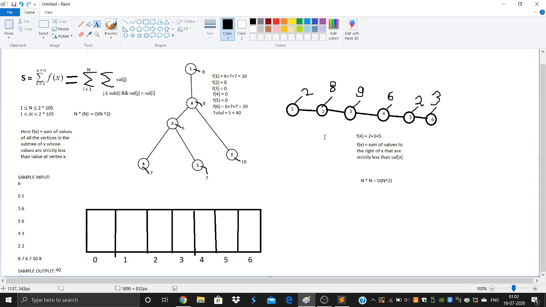It's a very good approach, but we can do that in logarithmic time provided our tree is linear. It looks like an array, but that's not the case. As you can see in the sample test case, certain nodes have multiple children, certain nodes have no child at all, which are the leaf nodes, and a single node is a root node. So how would we approach it in that case?